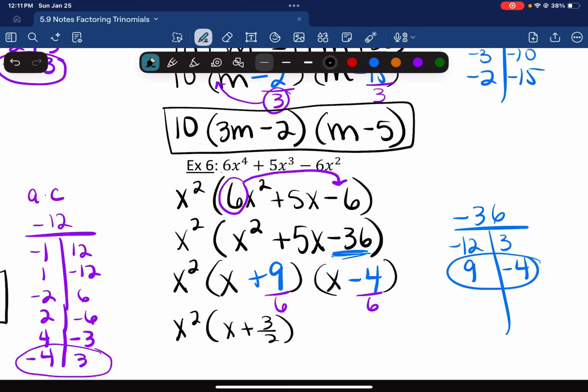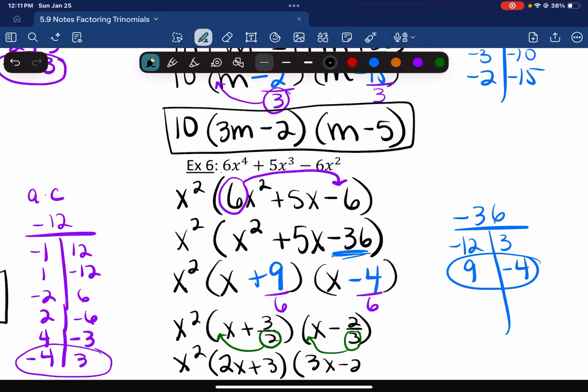And then, of course, x minus 4 over 6 simplifies to x minus 2/3. So we could simplify the fractions, but not to integers. So of course, whatever denominator is left, we slide to the front in both of these binomials. So we're left with x squared times 2x plus 3 times 3x minus 2. And that's how you can do the slide